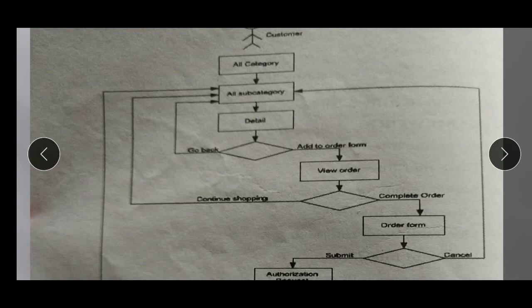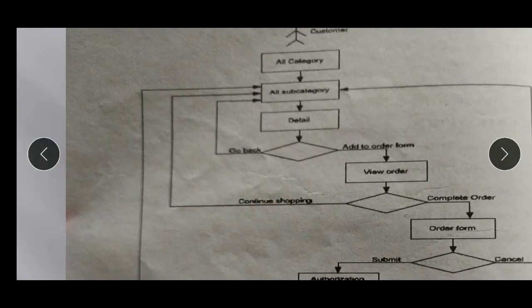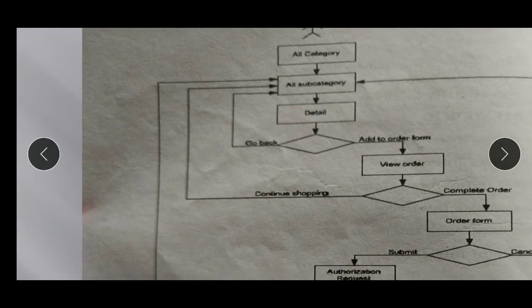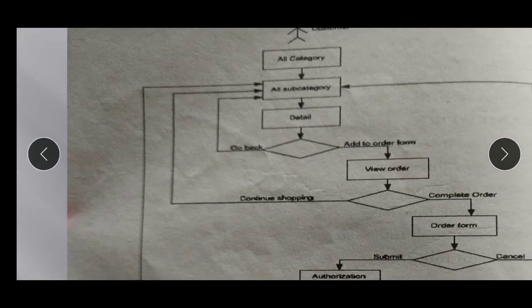When I have all subcategories, what does that mean? Clothing does not come only for women or men; it can be for children. So these are the three subcategories under clothing. If I want furniture, that furniture will be for the dining room, the kitchen, or a bedroom. So these are the subcategories, defined in the all subcategory section. Then there are details of the categories through which we can order into the order form, that is the view order. Once you add it to the cart, you can see it in the view order section, that is here.